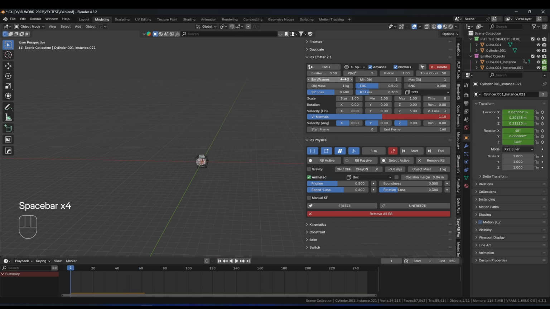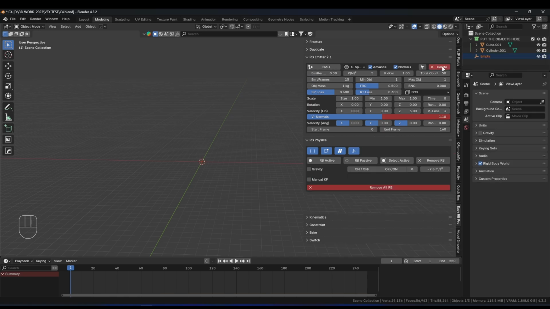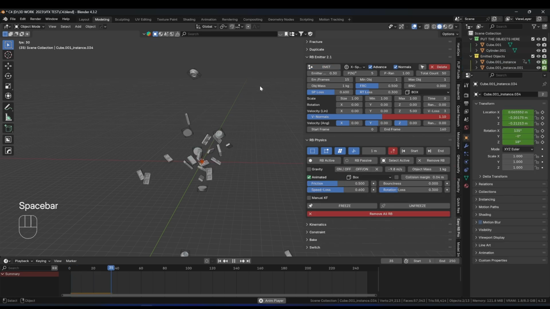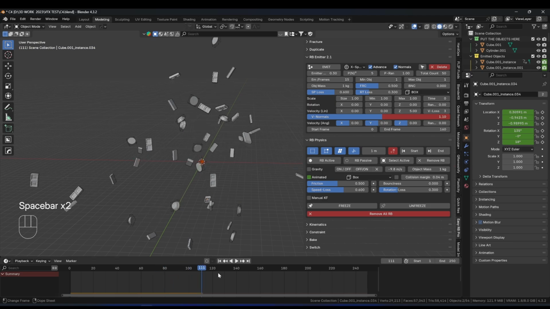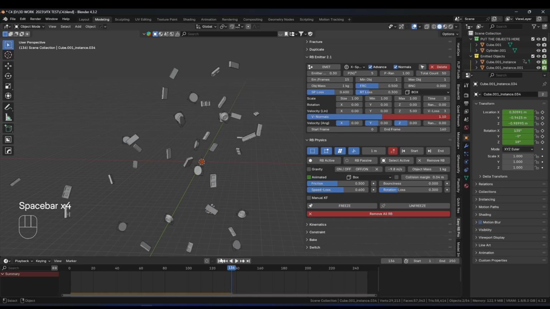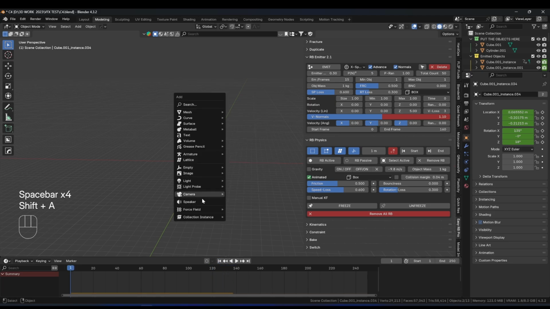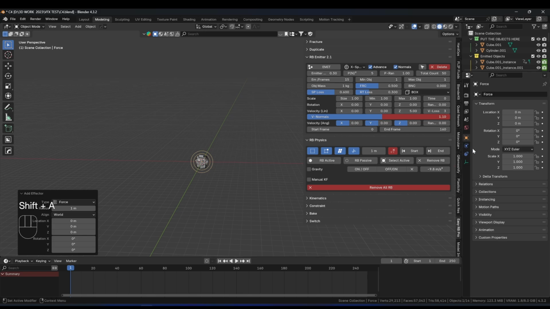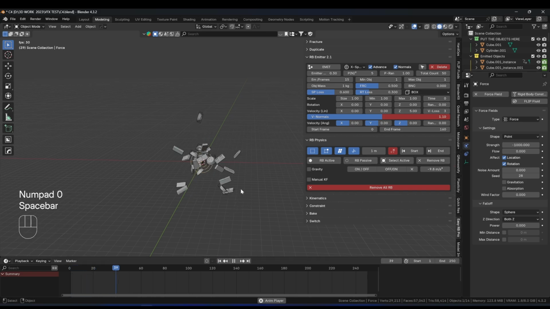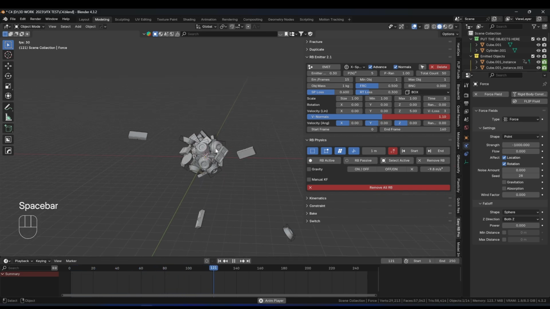Now we need to make the emission rate a little bit higher, so it will take more time to emit the objects. So let's make the emission rate 15. Then let's go right here and emit, and as you see, we are getting this emission, which is very close to the effect that we are looking for. Now we're going to add a force field, and let's make this force field with a negative value of 1000, and let's see now the effect. See how the force will pull them back like this,